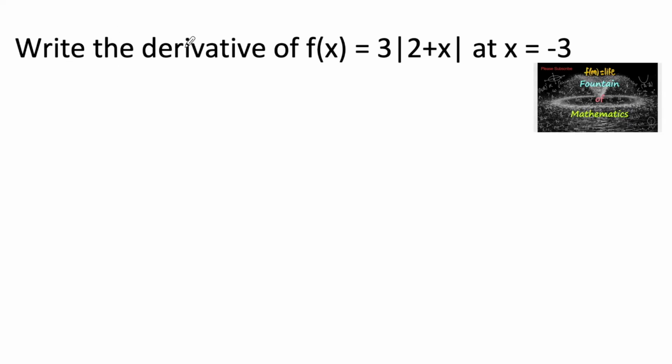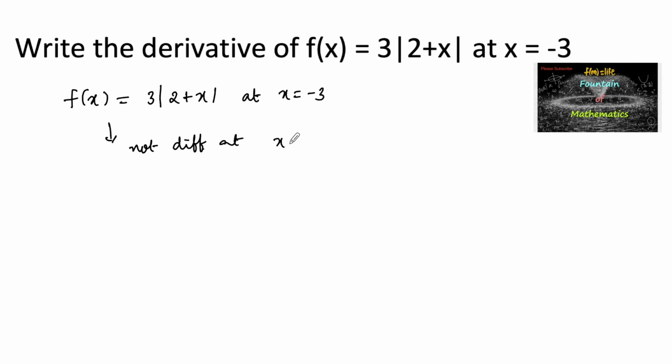Write the derivative of f of x is equal to 3 times mod of 2 plus x at x is equal to negative 3. Since we know that this function is not differentiable at x is equal to negative 2, since mod of x minus a is not differentiable at x is equal to a,